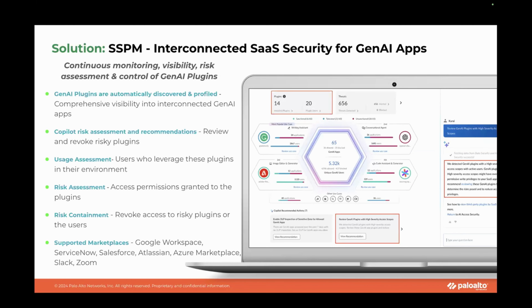Is it a GenAI plugin, and who are the users who are using them, and what kind of permissions these plugins have in the environment, what data they have access to, and what is the risk these plugins bring in, right? Meaning whether it is an access that is intrusive, whether it is access that has data security implications,